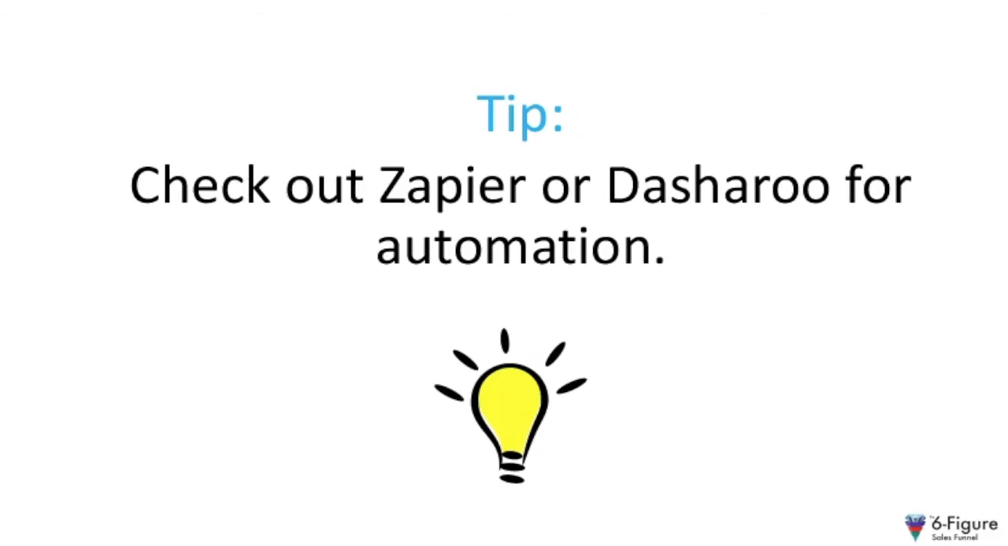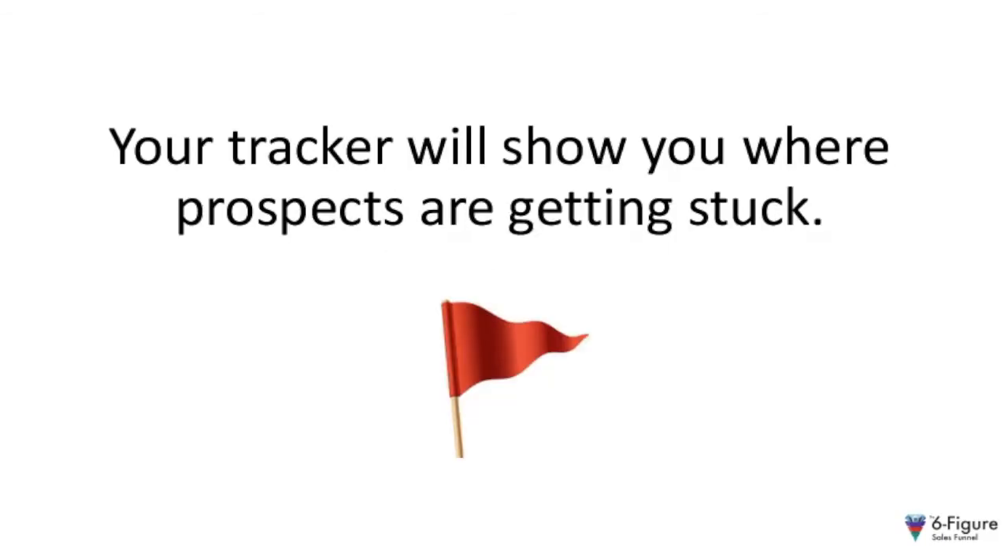Zapier can automatically email you a summary of your data once a week, and Dasheroo can connect together your data sources to help you visualize them in one place side by side. With your funnel up and running, your tracker will show you exactly where the prospects are getting stuck. Like a flag or a compass, the tracker is going to point you in the way of a new opportunity